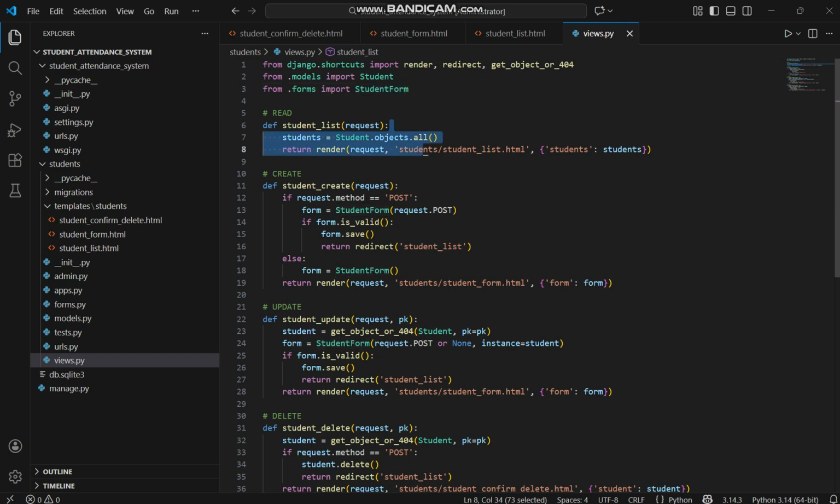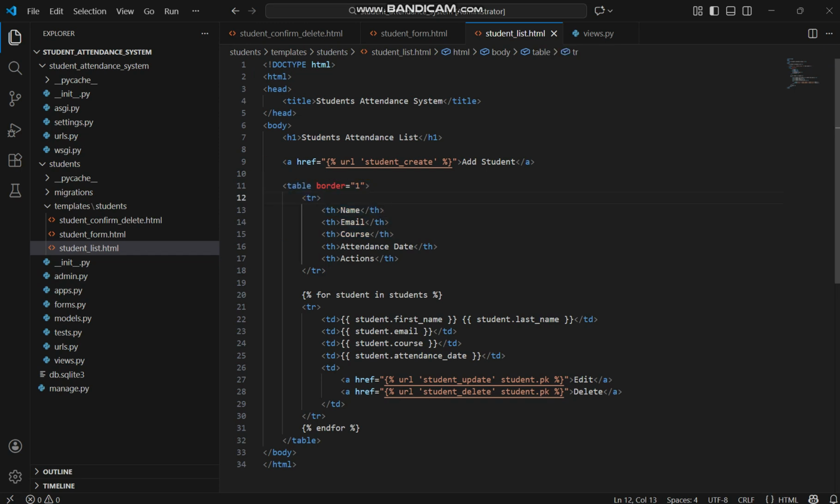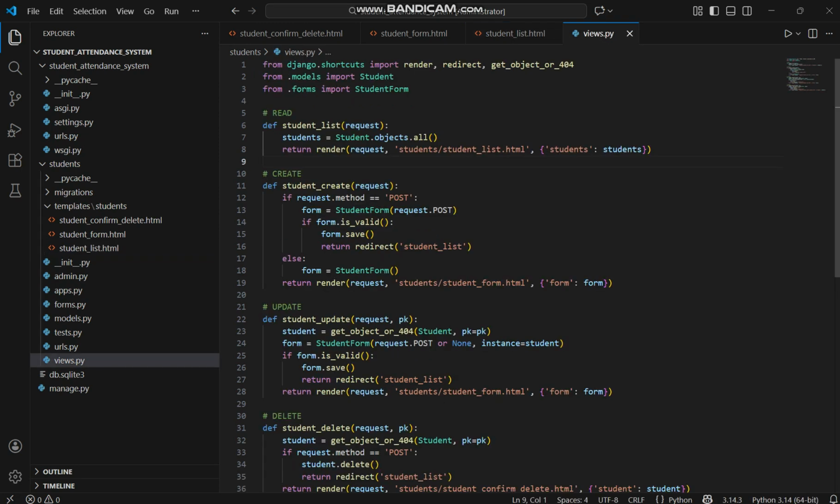And then the first function here fetches all students from the database and then passes them to the template student_list.html. Then here passes them here. And then the next is the